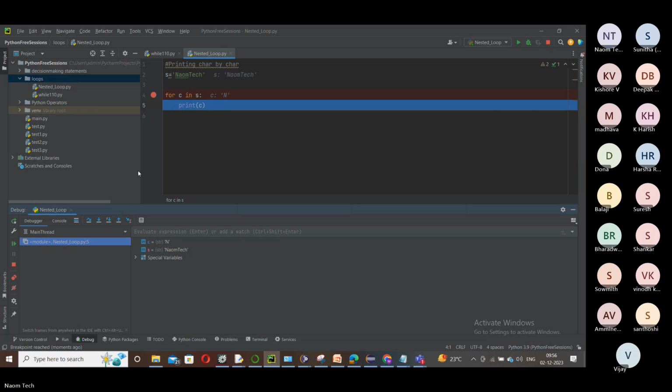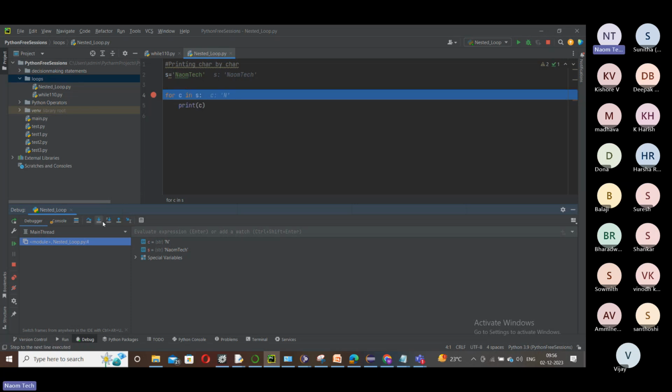Now again step over. What does it do now? That N gets printed. Now again the cursor moves back to the beginning of for, and again it checks if there is any other character inside this string. Each time this loop iterates, one value from this collection is copied to this dummy variable.